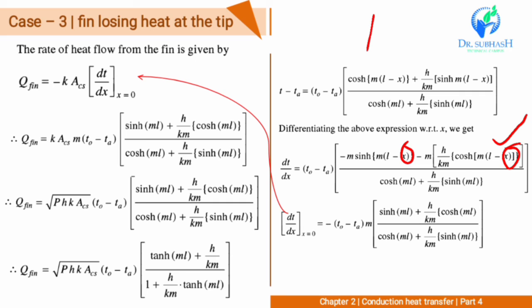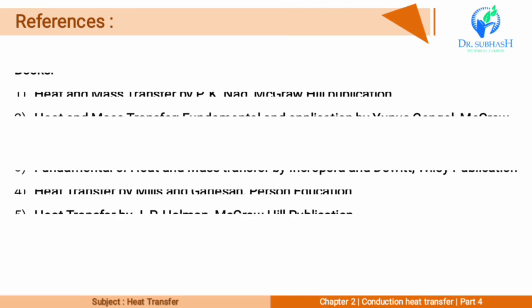Now divide this bracket by cos hyperbolic ml, denominator and numerator. So sin hyperbolic ml divided by cos hyperbolic ml, that is tan hyperbolic ml. Here cos hyperbolic ml divided by cos hyperbolic ml is 1. So that is equal to plus h by km divided by, again here, cos hyperbolic ml by cos hyperbolic ml, that is 1 plus h by km tan hyperbolic ml. So it's